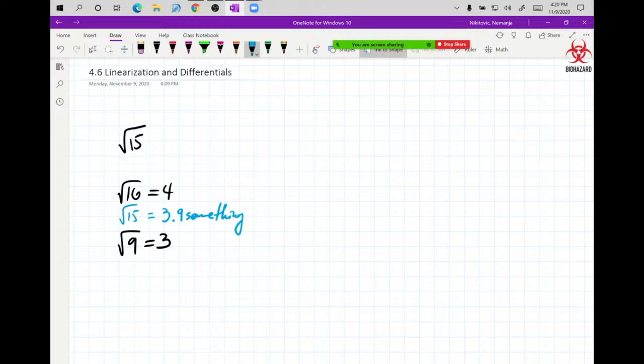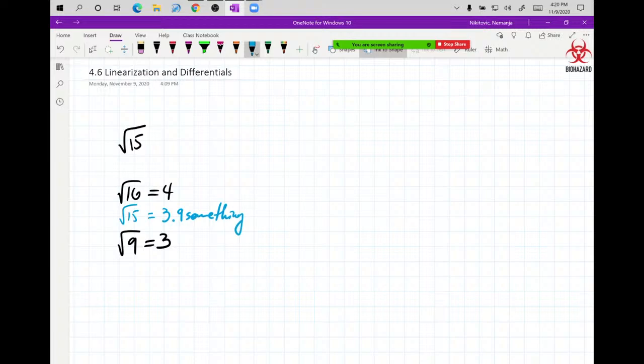It's closer to 16 than to 9, so maybe 3.8, maybe 3.9, but it's in there somewhere. That is what you would call an educated guess, which is okay. But with linearization, we can actually come up with an insanely close value